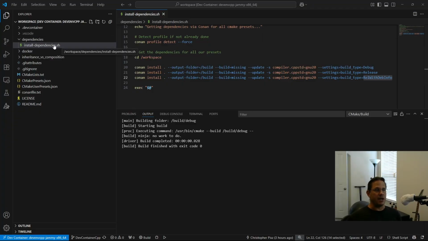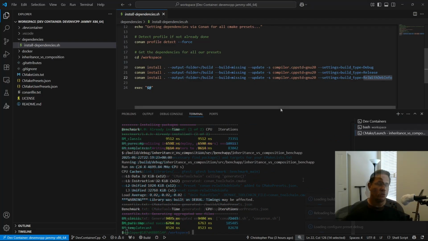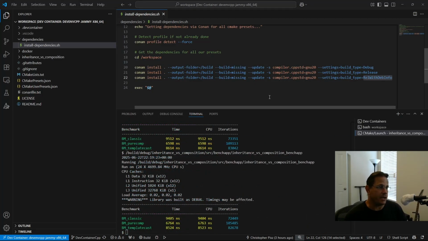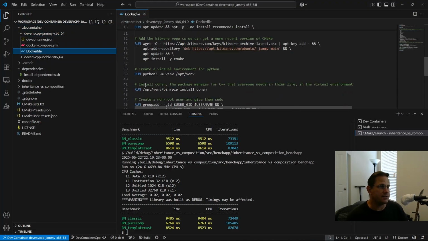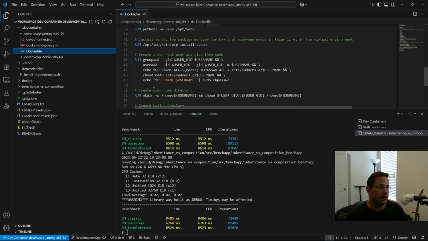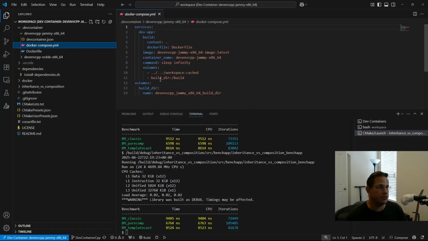So what I decided to do was just separate out the conan install and then require the user to just run it manually, like so. One thing I could have done was just bake it into the image. And what that would mean is go to the dev container, go here, go Docker file, and put it inside of here. The problem with that is I'm mounting this build directory, and that's where all the conan files are going to go. If I wanted to use a file system that was tied to the container and not mount the build directory,